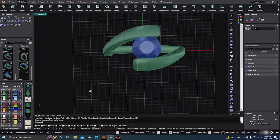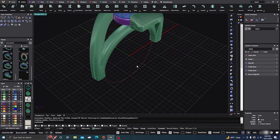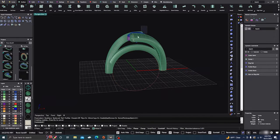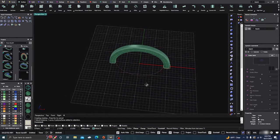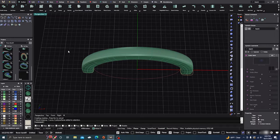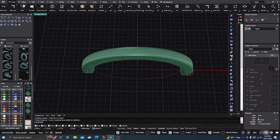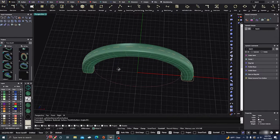So there's our ring for the most part, and then what we're going to do now is take all this on the top, and we're just going to hide it for a second, and we're going to focus on our under rail, and we'll go to Curve, ISO Curve, and we'll put it right in the center at 0.5, and we'll hit Enter. Okay, and then we'll just go ahead and put stones on this,